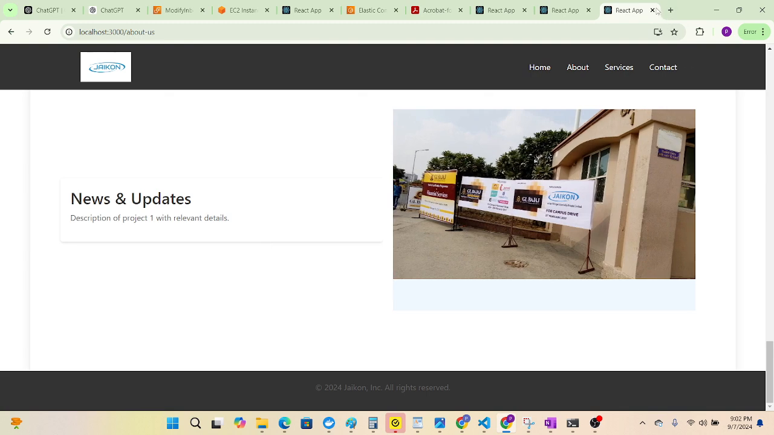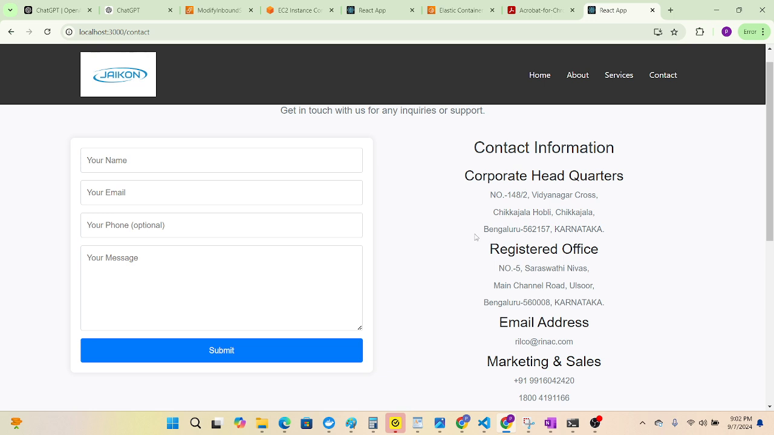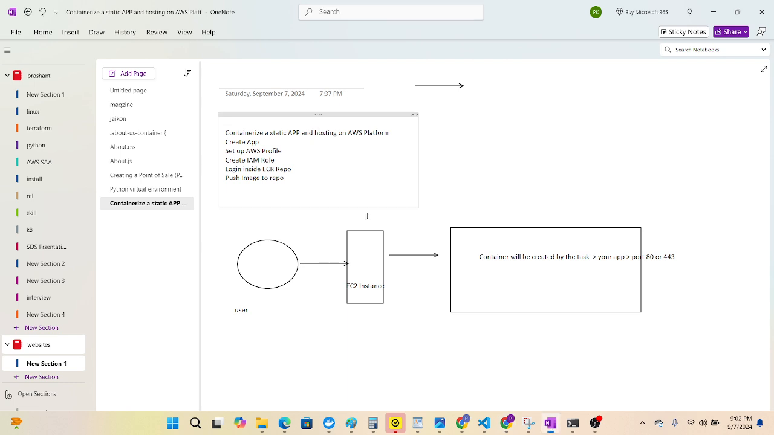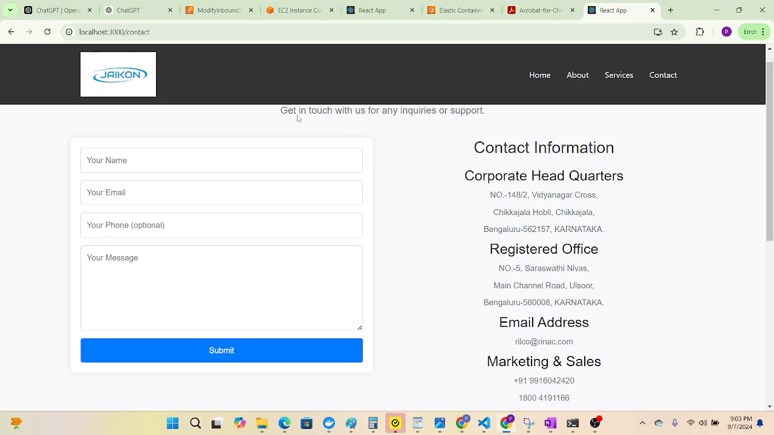Now I need to deploy this on the AWS cloud platform. So let's see how we can do that. First step is create an app, that is done. Then coming to the AWS profile. When we say AWS profile, any app or anything which we are going to deploy on AWS requires some person or some account so that it can do that. So for that purpose,